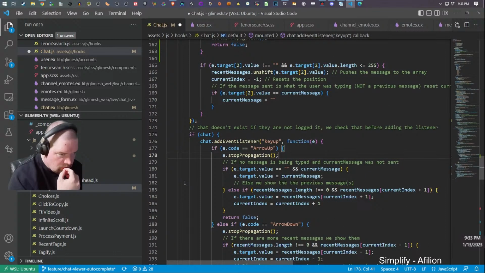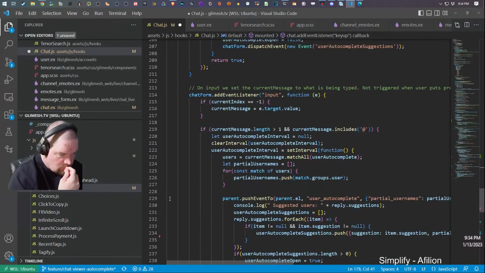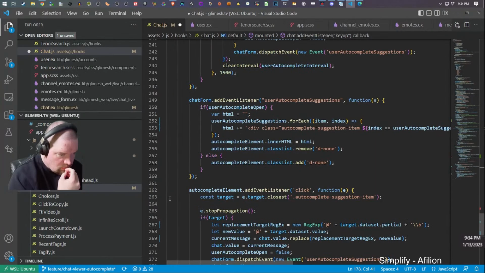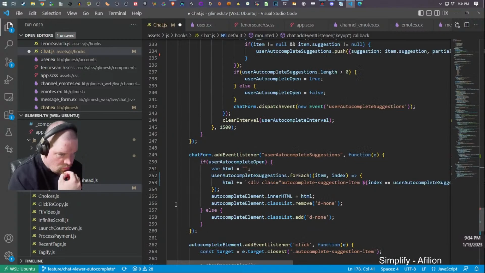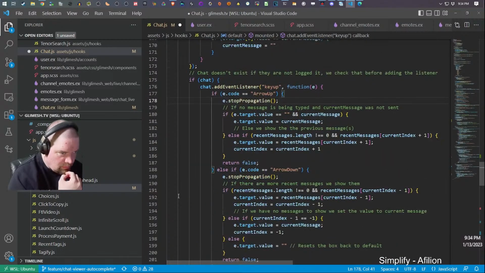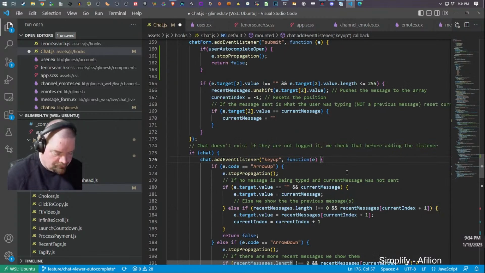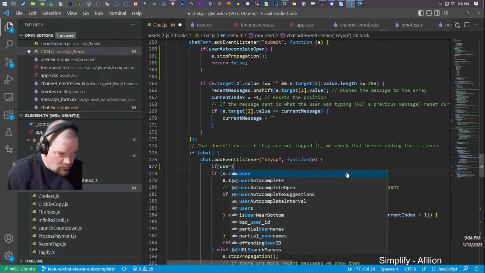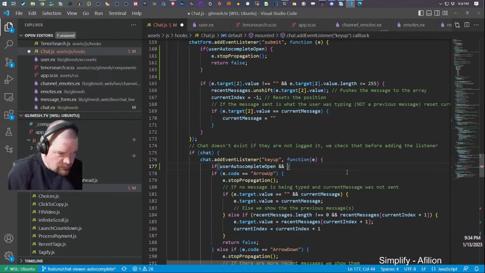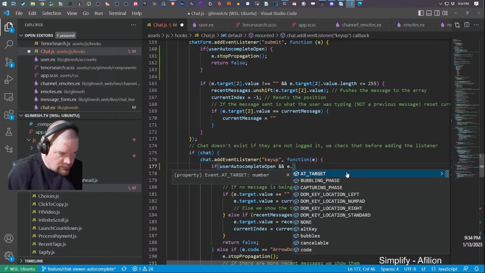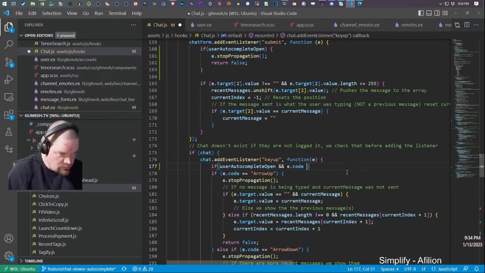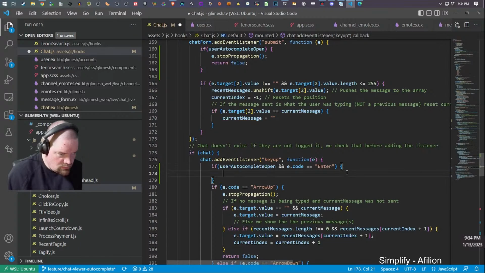Inputs listener. Click. I think in here we say if user autocomplete open and e.code, that is the case, then